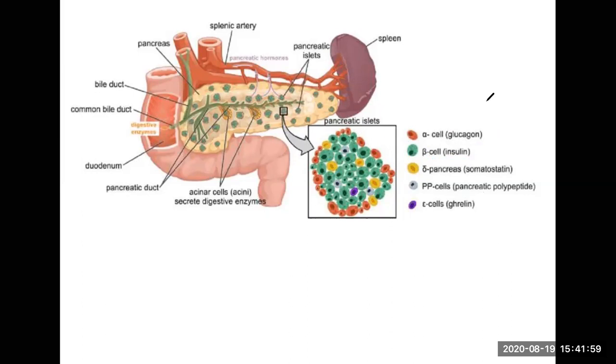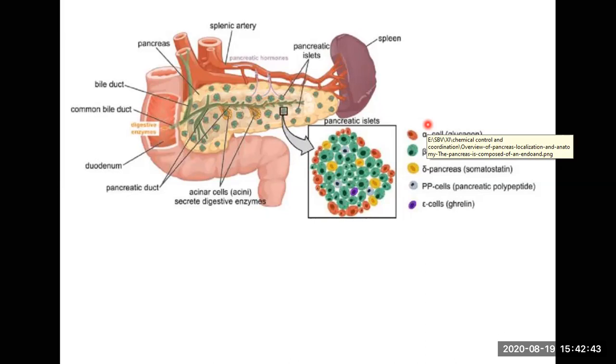So let's discuss the first hormone, glucagon, that is released by the alpha cells. Glucagon is a peptide hormone, proteinous in nature, and it plays a very important role in maintaining normal blood sugar. How does glucagon act? It acts mainly on liver cells. How does it control this? It acts on hepatocytes and stimulates glycogenolysis. Glycogenolysis means it breaks down glycogen and converts glycogen into glucose.